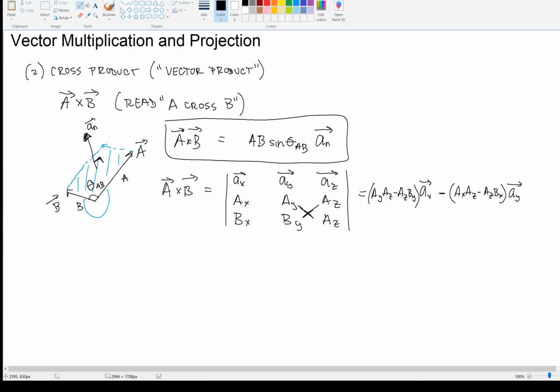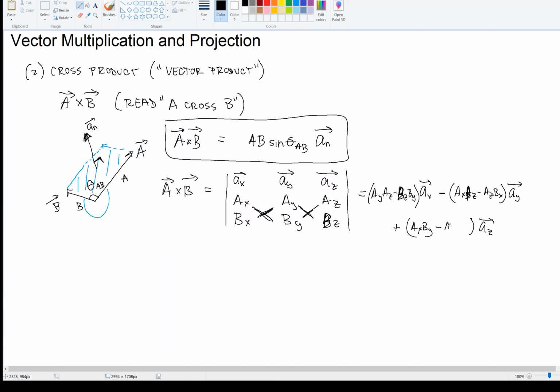Like that. Excuse me, this should have been BZ down here. So this should be BZ here. Sorry about that. BZ. Okay, and then I move on to AZ, so then I add, right? They alternate in signs, positive, negative, positive, something times AZ. So then again, I ignore what's in AZ's row and AZ's column, and I'm left with this guy, AX and BY, AX times BY, and